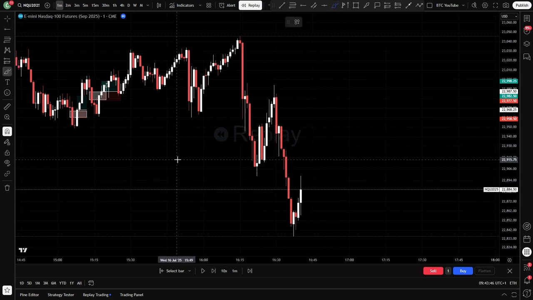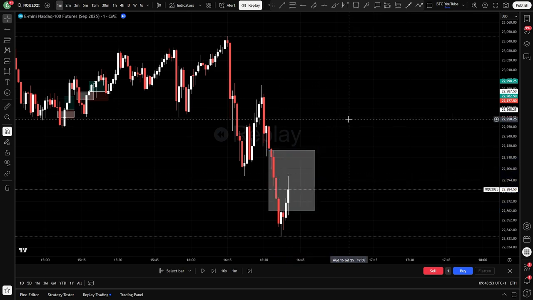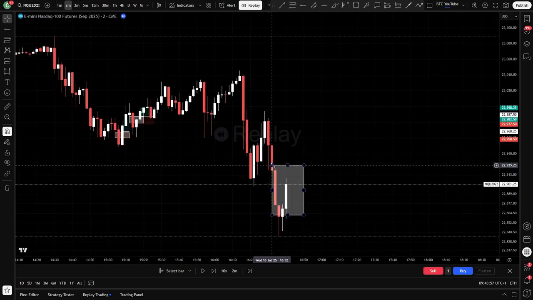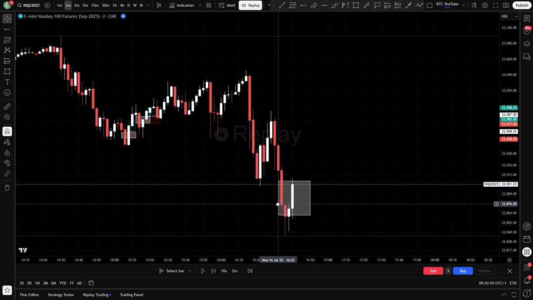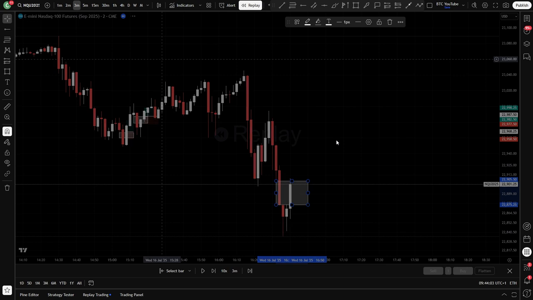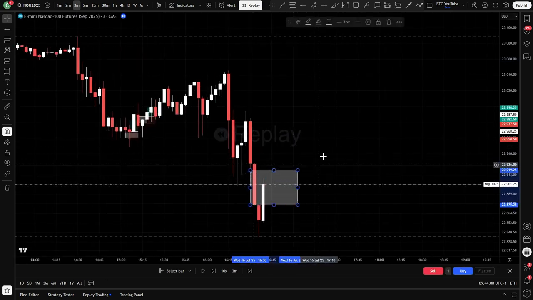I was thinking this 1 minute time frame fair value gap here is probably too big. So I tried to look for a higher time frame entry that I could probably get in on. I was looking at the 2 minute, thinking the 2 minute looks pretty good. Potentially here, something like this. I think I ended up settling on the 3 minute, which I think was this one, or it could have